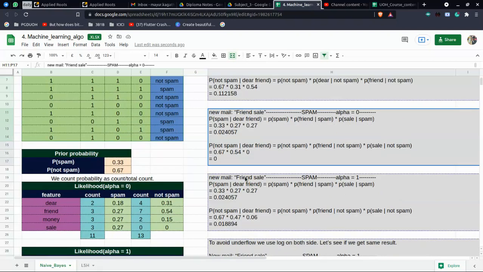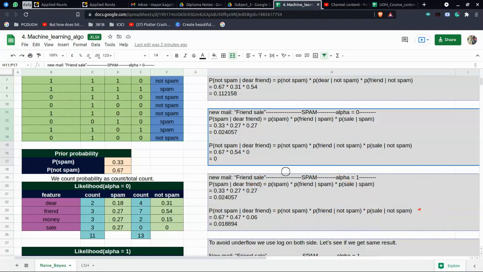So if I have something like this, dear friend sell, definitely it is spam. And let's say I have something like this: dear friend, please find the attached PDF or something, it is about the cell. It is not spam, but it would be categorized as spam, every time, because I have the word sell there. Why? Because the likelihood of sell is 0. So 0 multiplied by anything, even 0 multiplied by Katrina, is 0. Whatever you take, if you multiply it by 0, you will get 0.